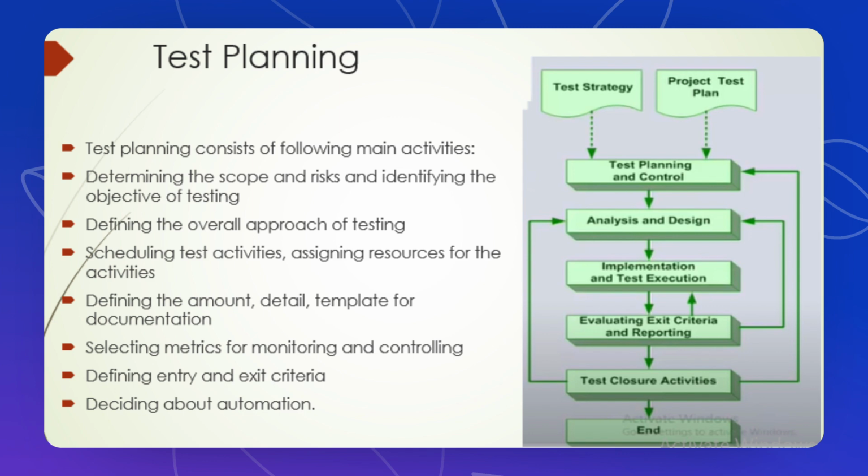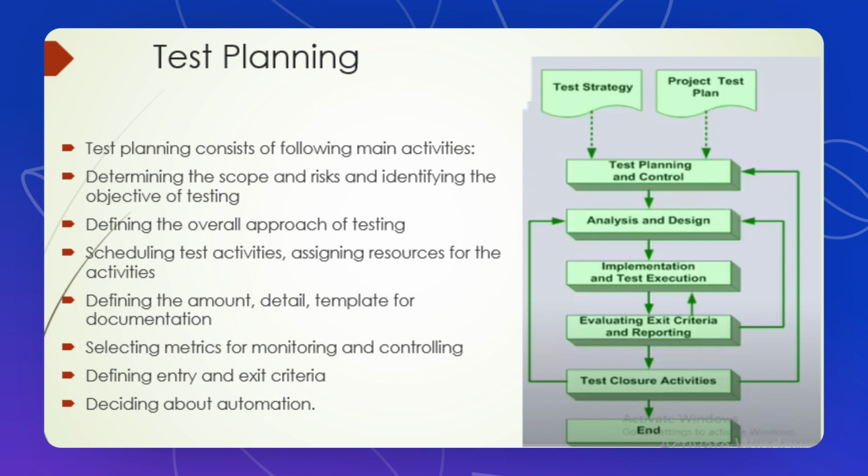Matrices are prepared, so data is very important. Defining entry and exit criteria. In user stories we define entry and exit criteria, because these are very important in test closure activities. Deciding about automation. In this test planning session we decide how we are going to automate, and their